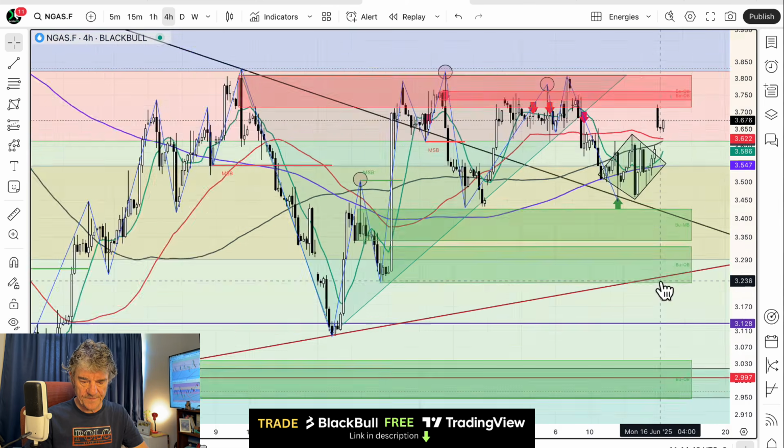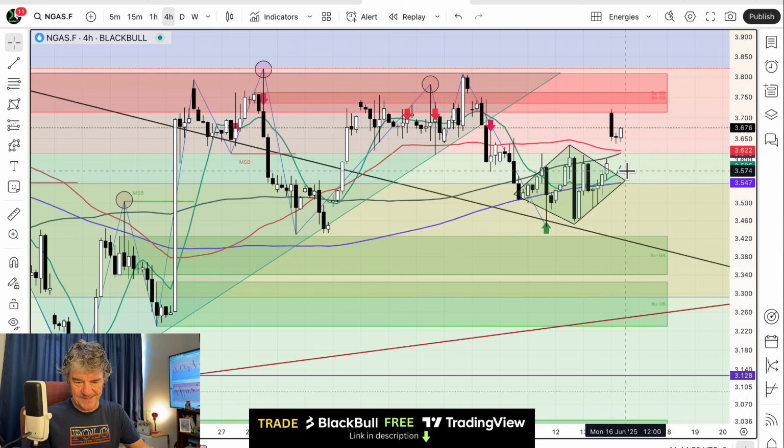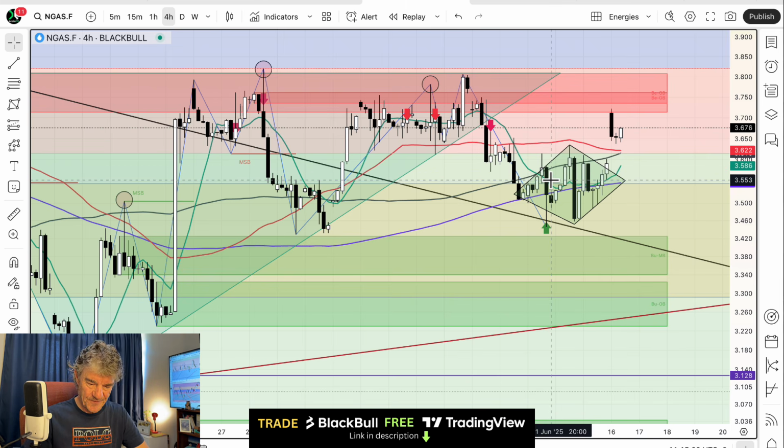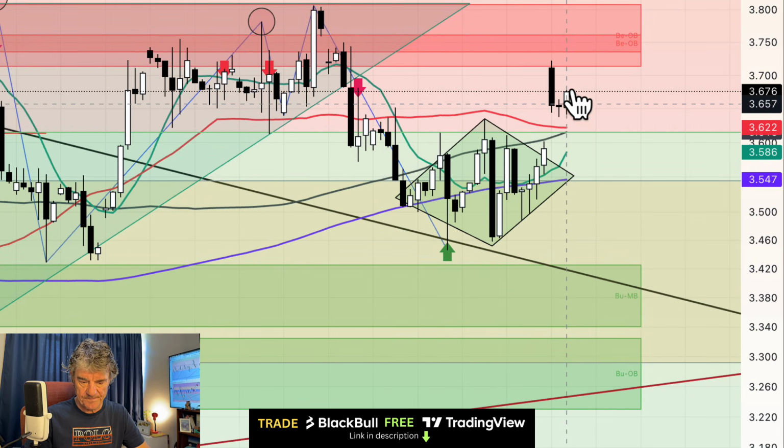We bounced off there on Friday, immediately formed this reversal lozenge, or I suppose expanding pattern, megaphone, but with the sides coming in to the right-hand side of the diagram, which converts it into a lozenge or a diamond. A diamond or a lozenge or a megaphone pattern, they're all reversal patterns, and after having moved down, topping the trend line over there, we formed the pattern and bounced up, gapping up over the weekend and moving up slightly